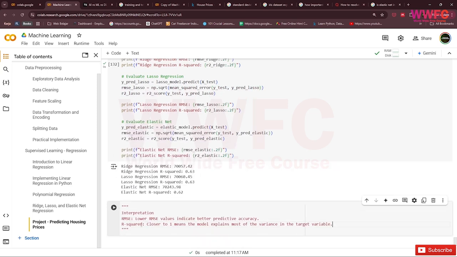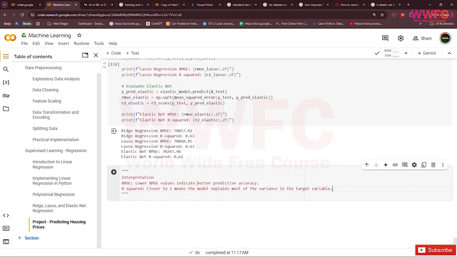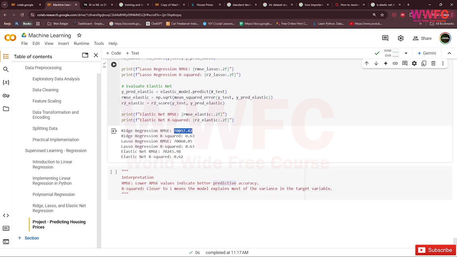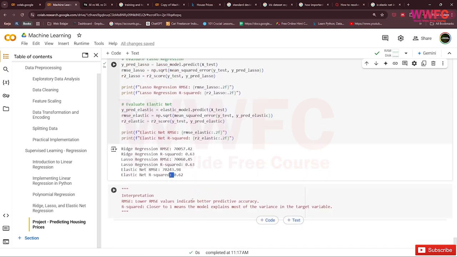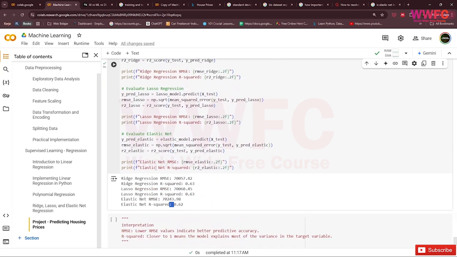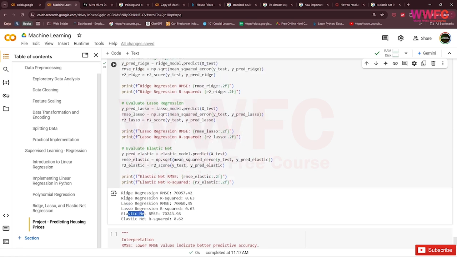So the interpretation, RMSE lower indicates better. So you can see that the ridge regression is much lower than lasso and elastic net, and R square is better in ridge and lasso, and not really in R square in elastic net, right? So in our data, it's better using ridge regression rather than lasso and elastic net.